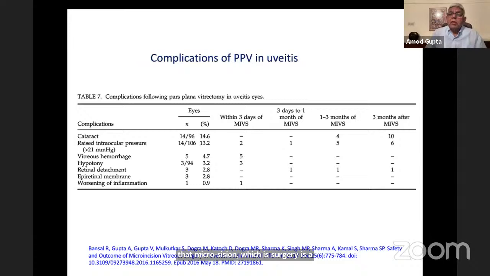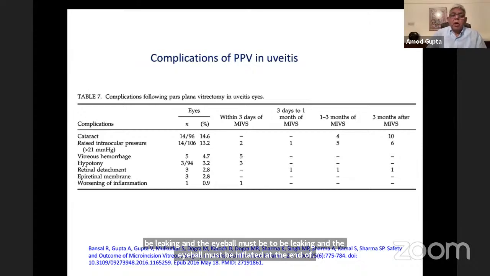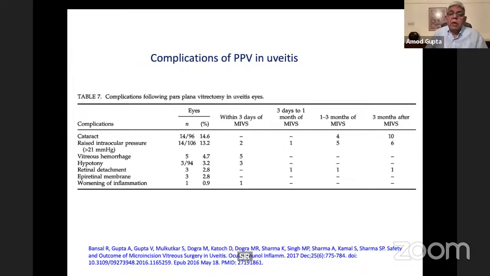It's not a sutureless technique, and I want to reiterate that in microincisional vitreous surgery in patients with uveitis, we need to put a suture on any port that we suspect to be leaking, and the eyeball must be inflated at the end of surgery and not left hypotonous, because we might have disastrous complications like choroidal detachments. We did have patients who developed retinal detachment, and